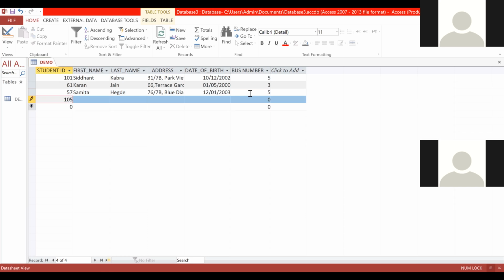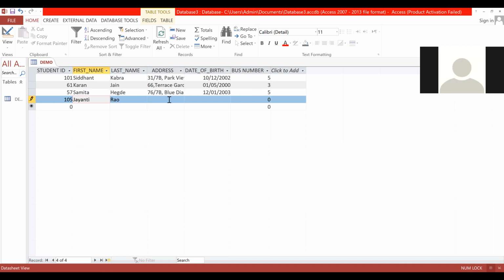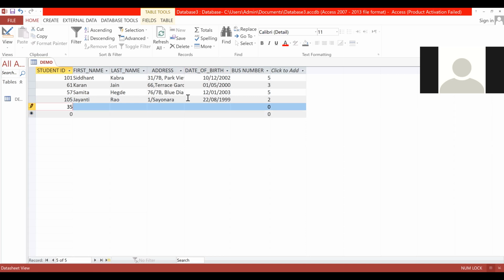105. Jayanti Rao. Address 1, Sayonara. Date of birth 22/1999. Bus number is 2. Last one, 35.